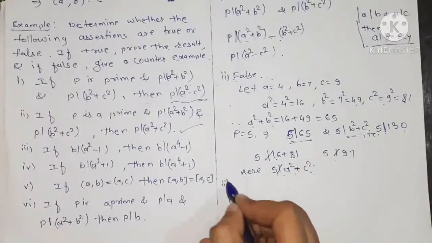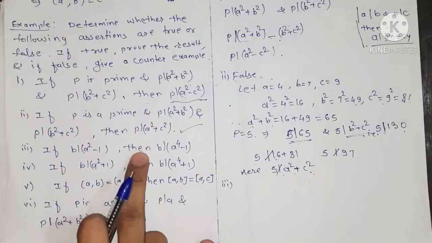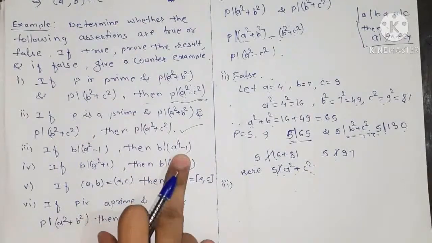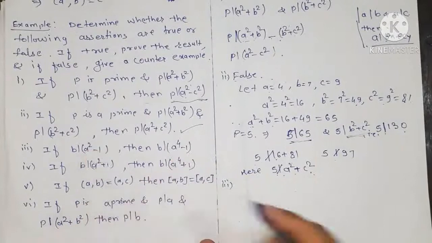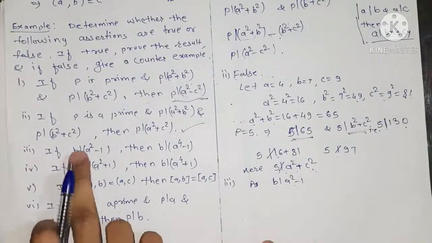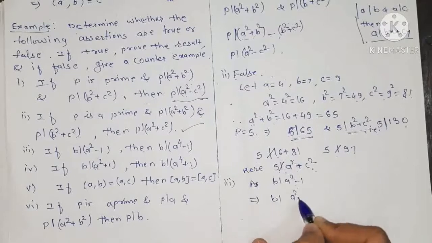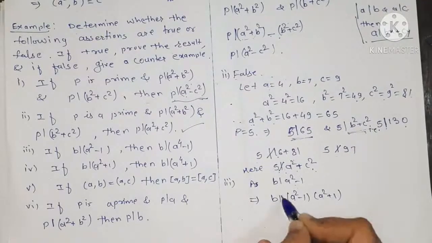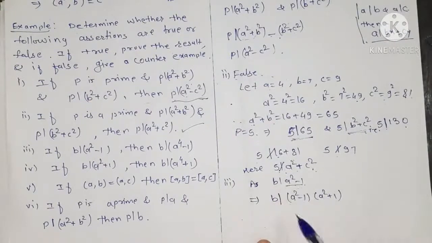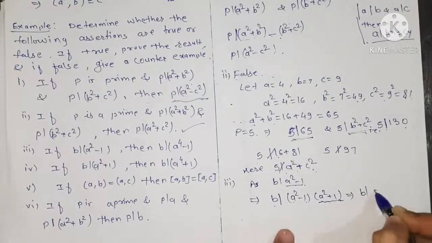Now the third one. What the third one says is that if b is dividing a square minus 1, then b divides a to the power 4 minus 1. Okay, so given that b is dividing a square minus 1, we can write this as b divides a square minus 1 into a square plus 1, because b is dividing this a square minus 1, right? So we can divide the multiples of a square minus 1. So in the multiple of a square minus 1, we are taking the number a square plus 1, and this implies that b divides a to the power